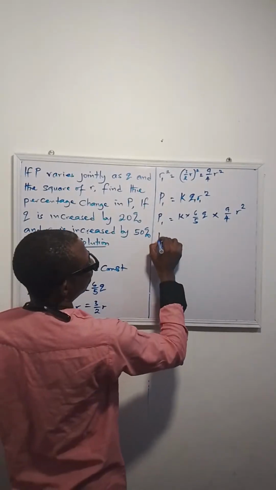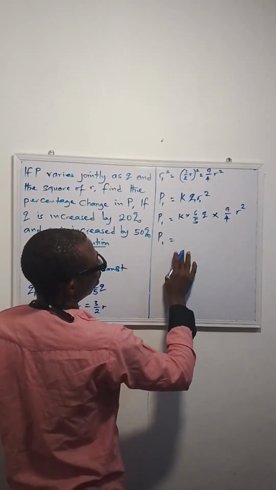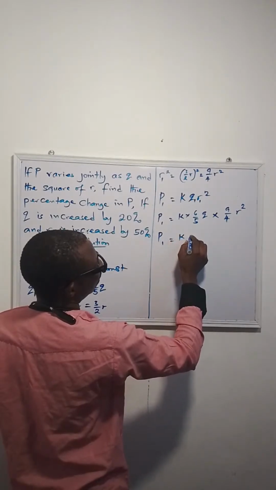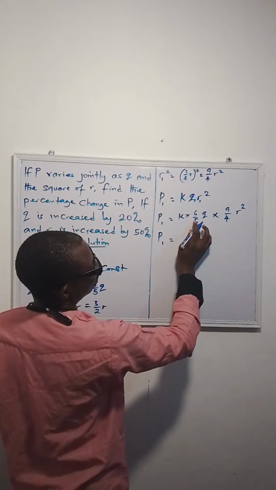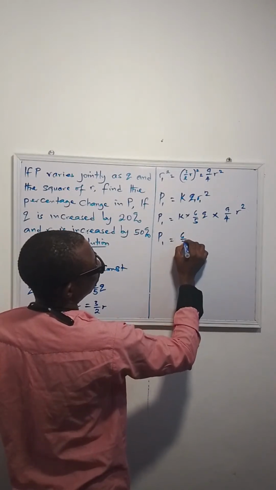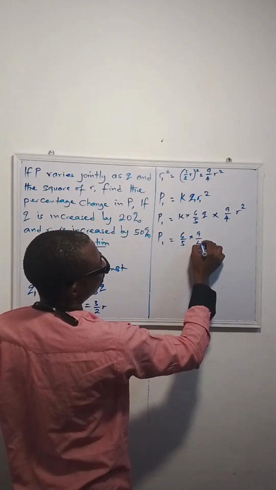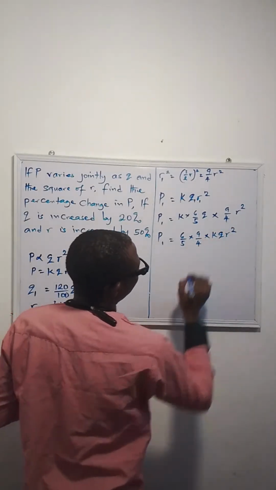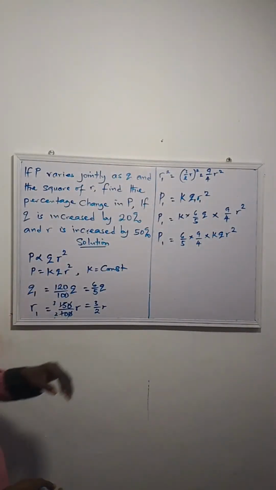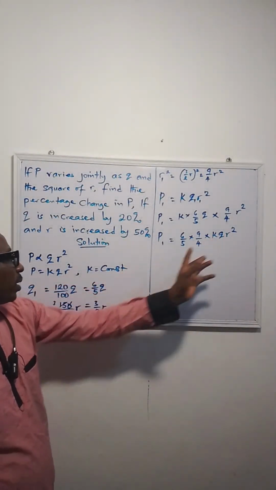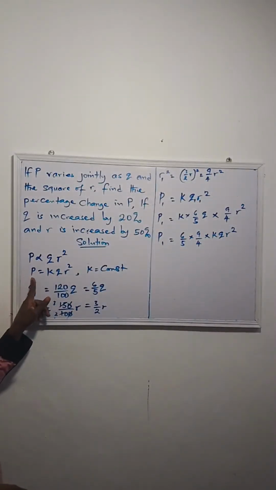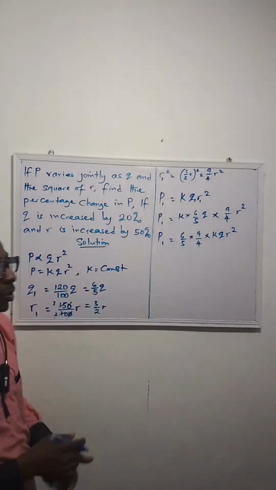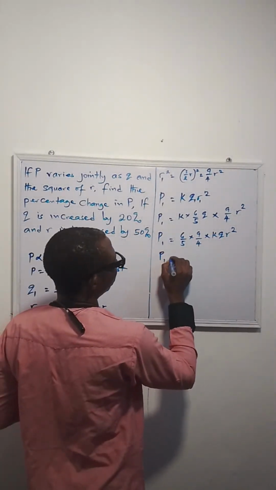So this can be written as P1 equals K, let's multiply the numbers together: 6/5 times 9/4 times KQR squared. And don't forget, KQR squared is the same thing as your P here. So let's plug this into this equation. We have P1 equals,